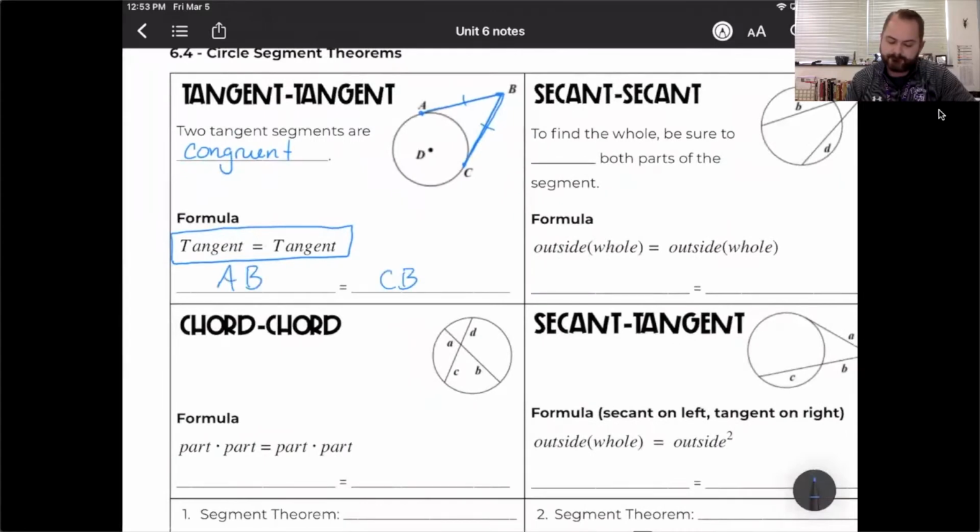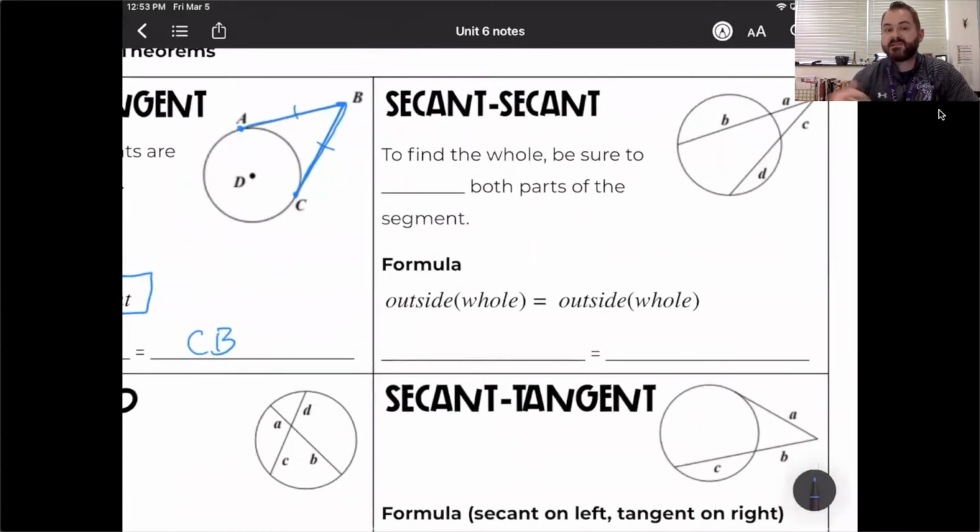The next relationship we want to look at is called a secant-secant relationship. I've got two secants here that intersect outside the circle. That's the important part. They intersect outside the circle. They consist then of two parts to each segment. There's a part outside and a part inside. You need to understand, to find the whole amount that we use in this formula, you're going to add both parts of the segment. That means for each segment, the whole amount is equal to